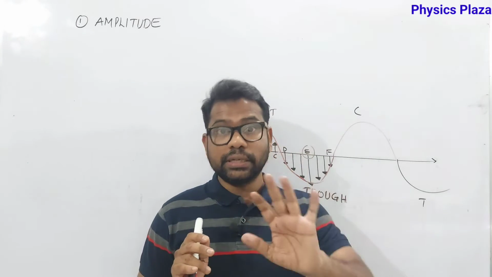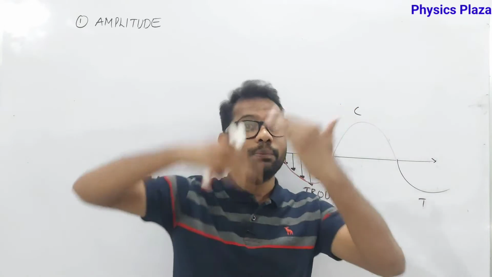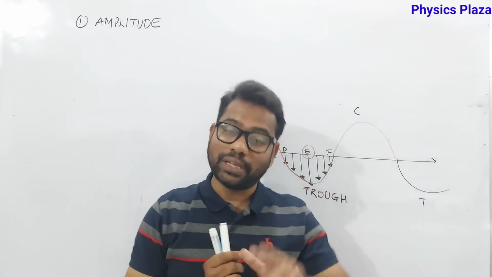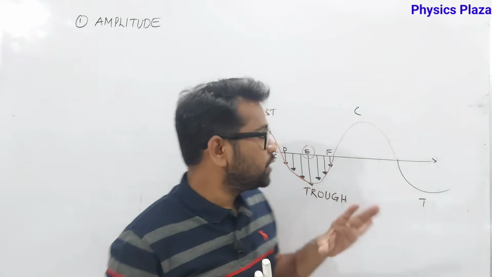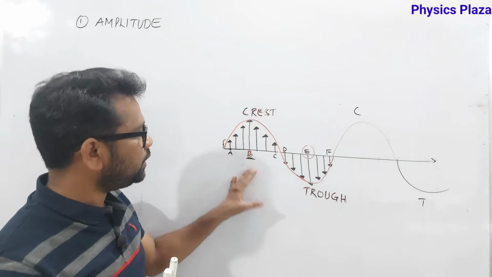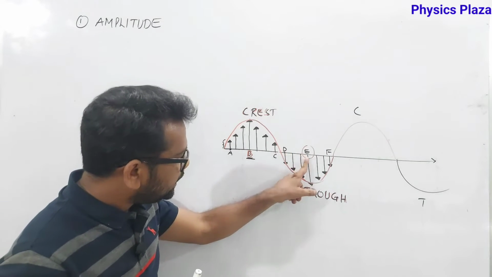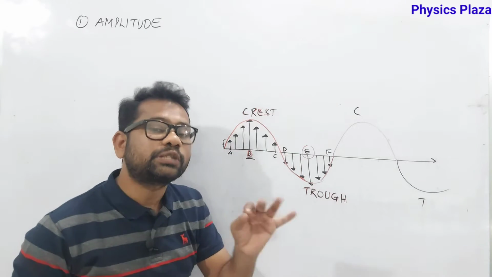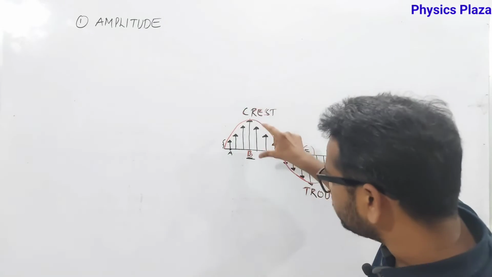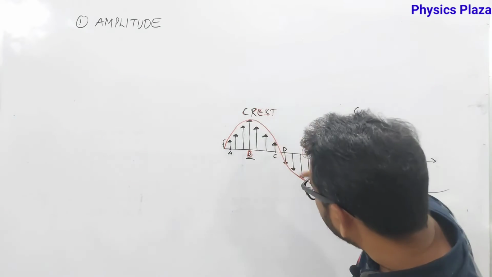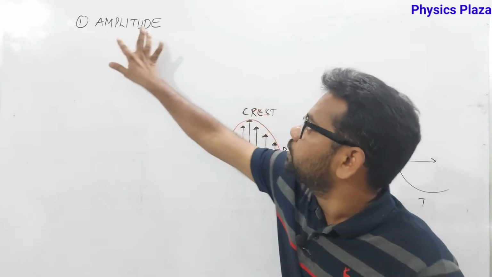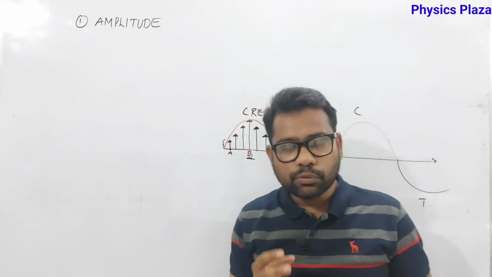But at a certain time, every particle may achieve that maximum displacement. Of course, we are not going into that discussion actually. So here, especially in this diagram, children, particle B and particle E, these two will have maximum displacement. Now, if you measure this, it might be 4 centimeter. Example, I am telling you. So this 4 centimeter only we can call its amplitude, which means what, dear children?